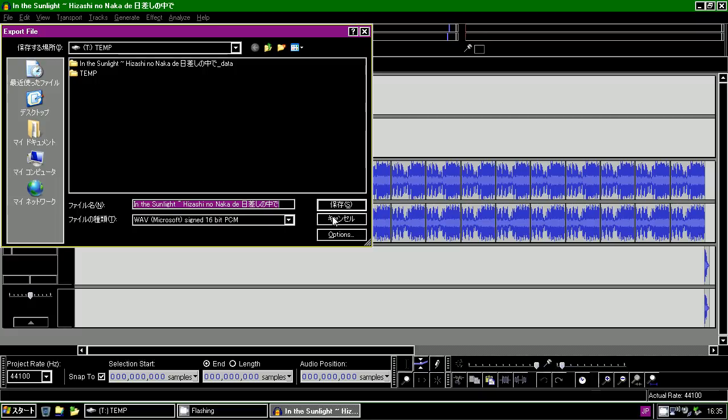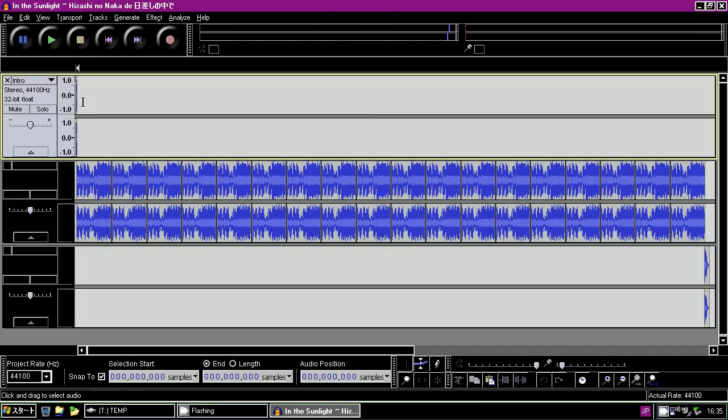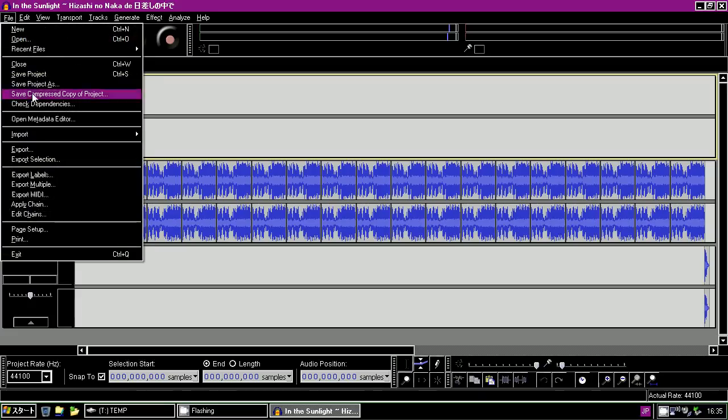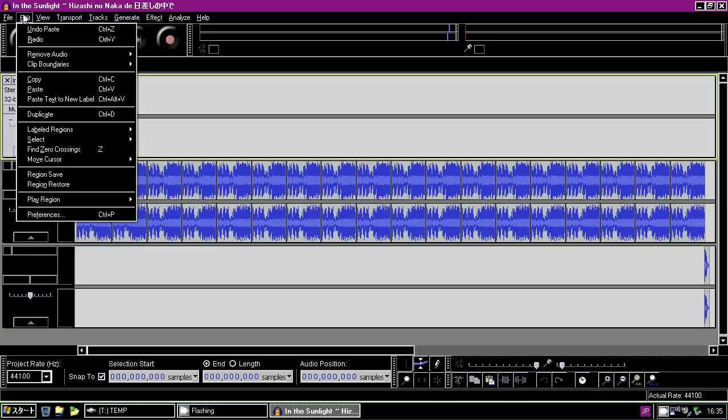That's just pointless. Stay lossless, as long as you've just done copying and pasting.